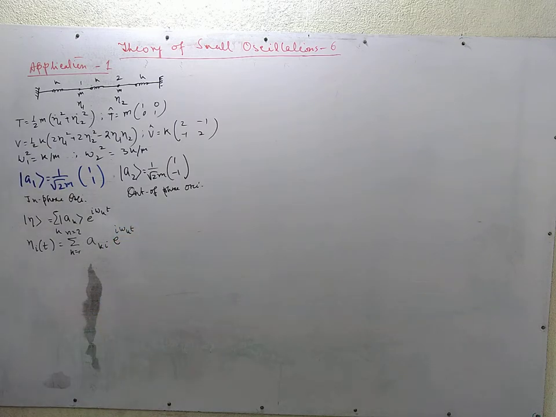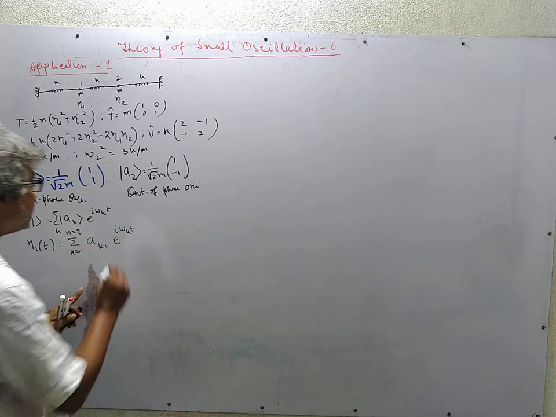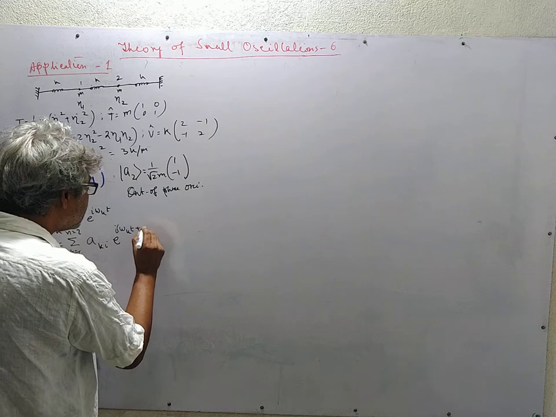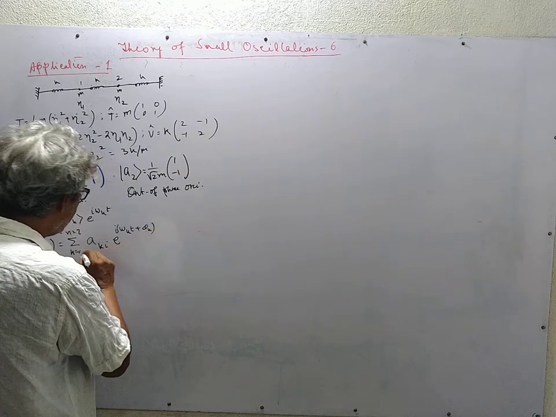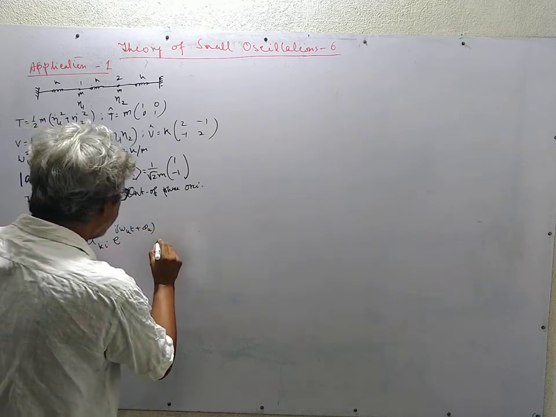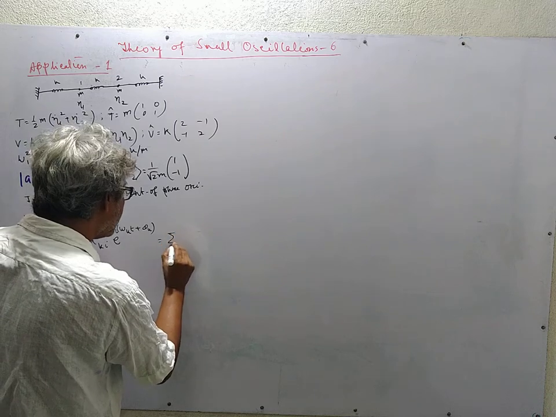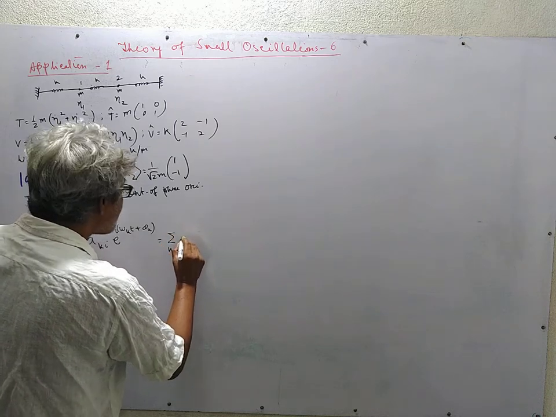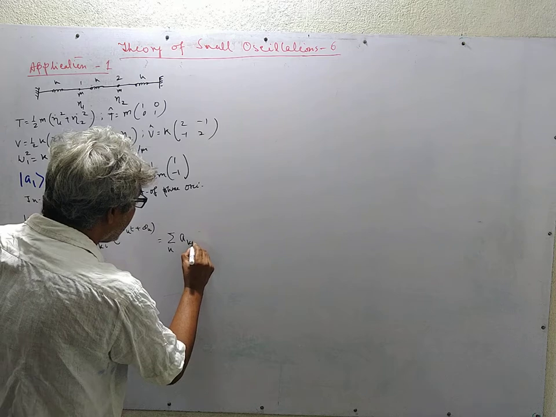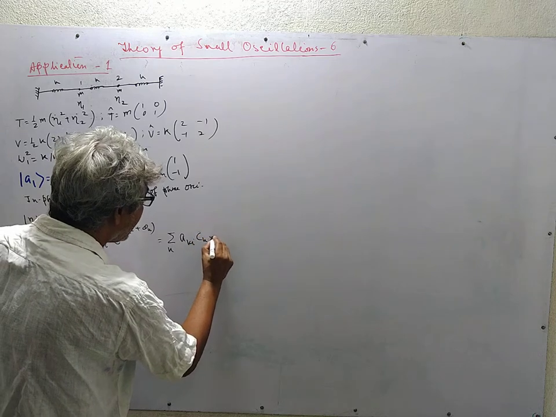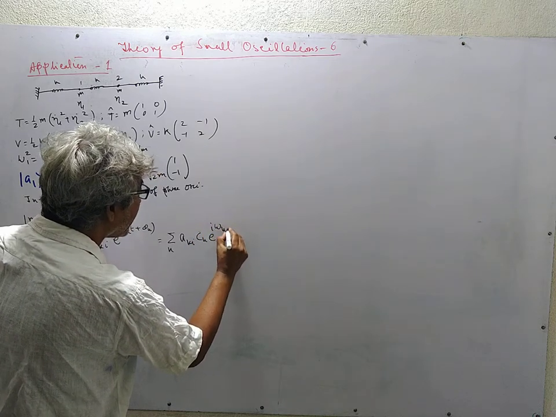And there we remarked that we may have some phase, phi_k, which can be written as a summation over k of a_ki c_k e to the power i omega_k t,